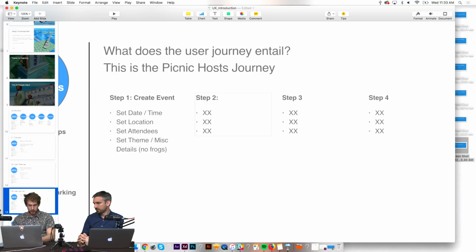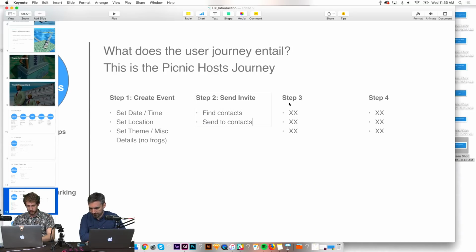Step 2. Oh, you know what? Step 2 is probably set attendees. It's probably a different step. Oh, yeah, good point. Send invite. Because I guess it will access the contacts. Find contacts, right. Send to contacts. Step 3. View event, right? We want to see attendees, comment, edit, and